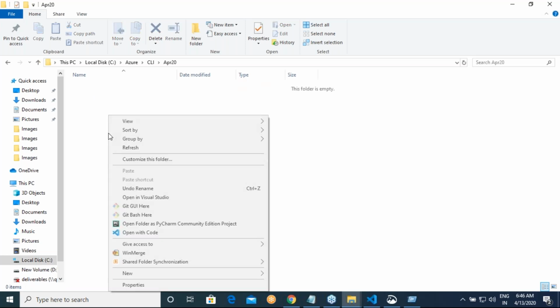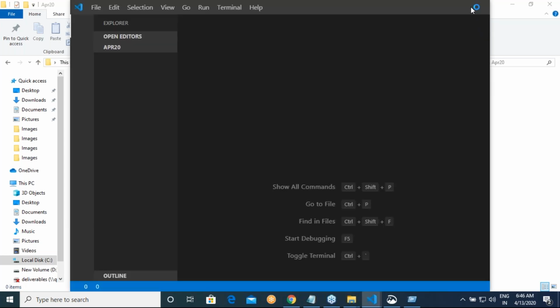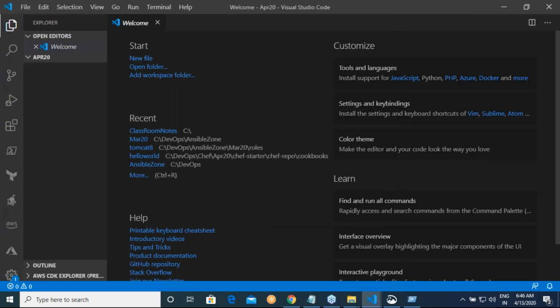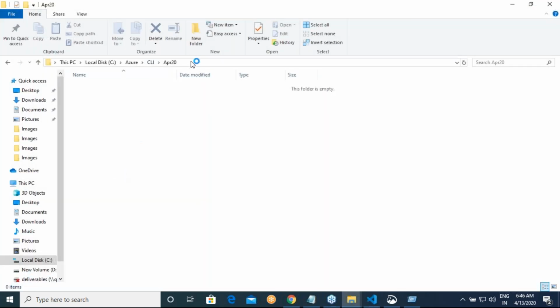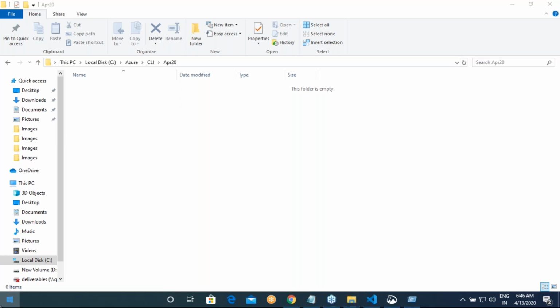Whatever CLI I write, I'll open Visual Studio Code from this folder. I've created a new folder, and in this folder I'll be writing my CLI scripts. I can right click over here and say open Visual Studio Code, or I can open Visual Studio Code and open that folder path.